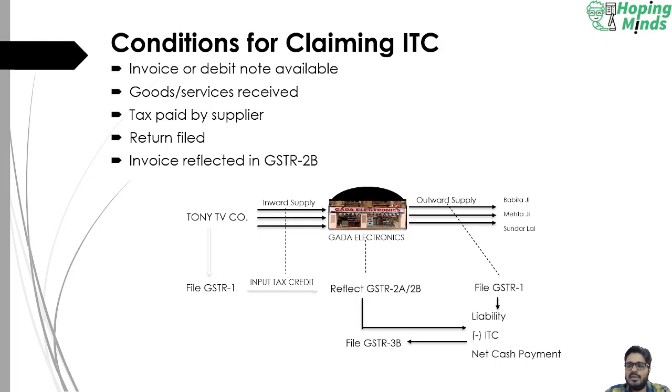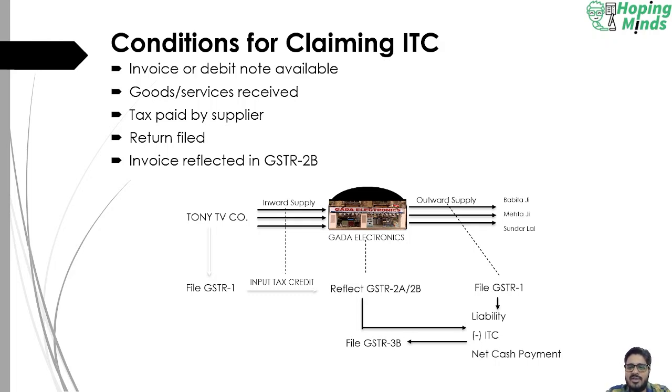Upon the fulfillment of such supplies, Gada Electronics will file its GSTR 1 return within the due date, that is on the 11th of the succeeding month. So the GSTR 1 filed by Tony TV Company Limited will reflect in the GSTR 2B of Gada Electronics after 14th of the